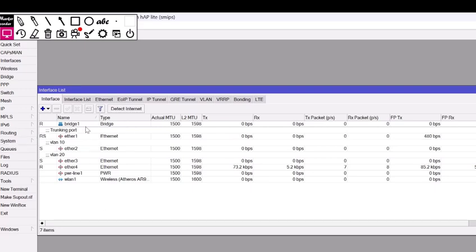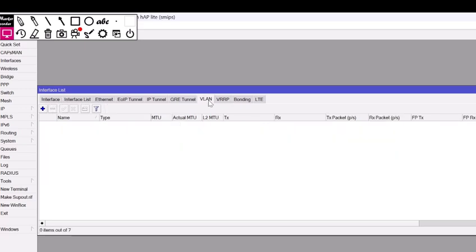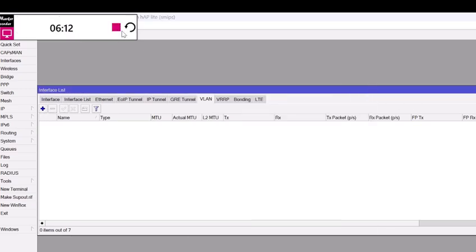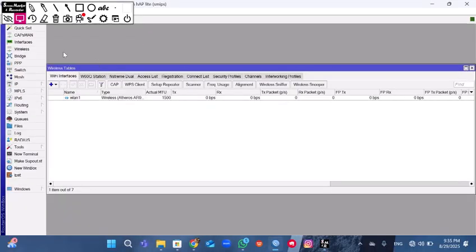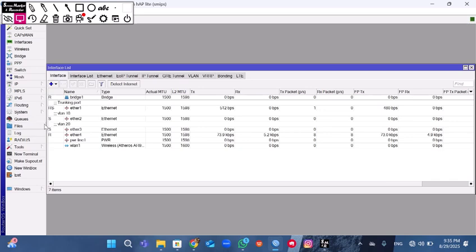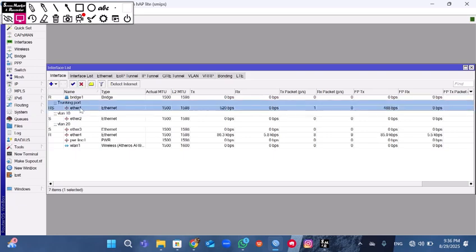How can we make it like this? First we go to interface and give the Ether 1 a name.